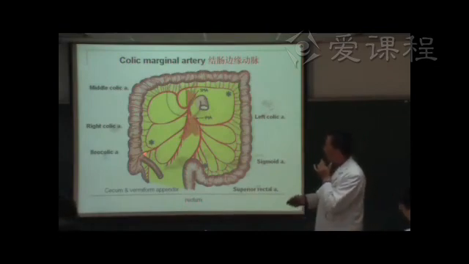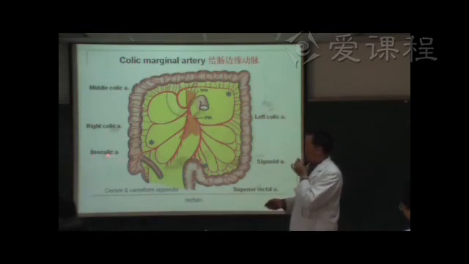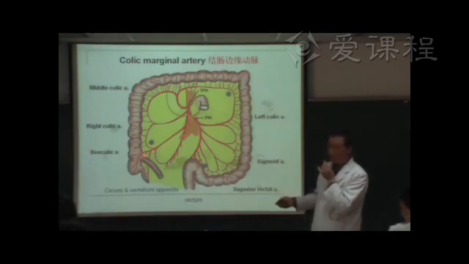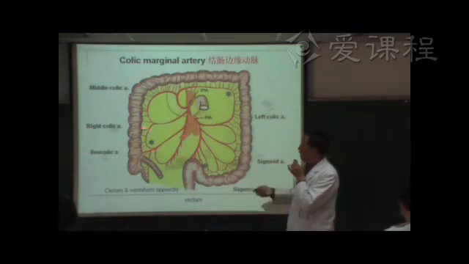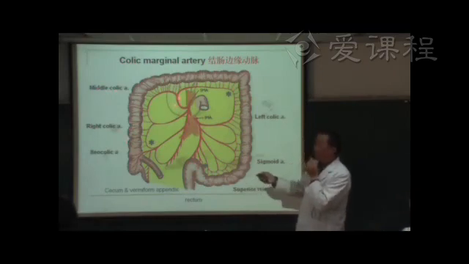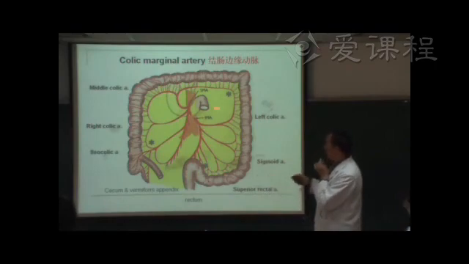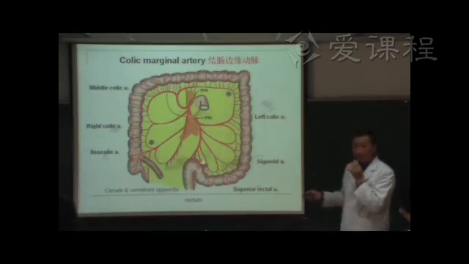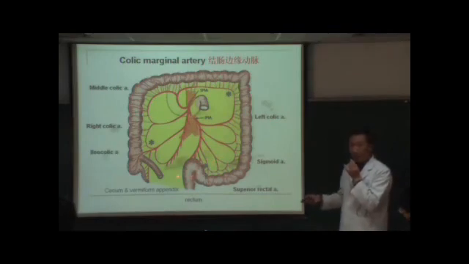From right to left, you can see the ileocolic artery, the right colic artery and the middle colic artery. And then in the left, you can see the left colic artery and several branches which are called sigmoid arteries,